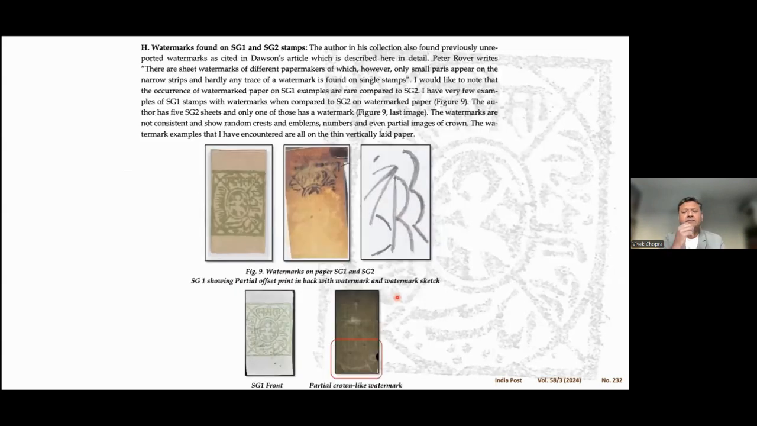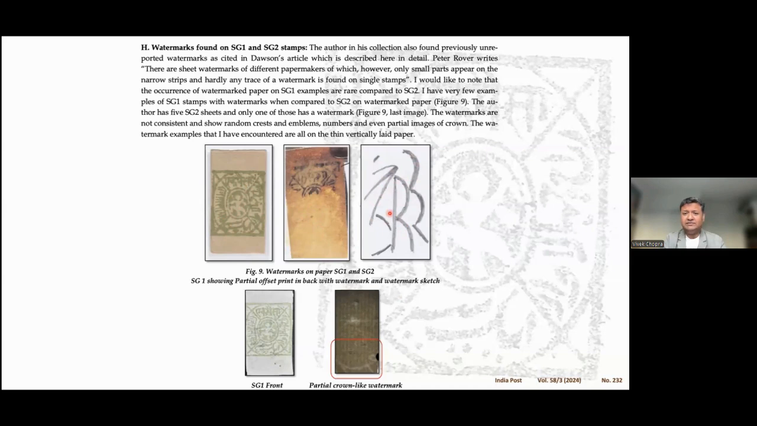Over the years, I've also noted different watermarks present in this paper. You can see here that there is no consistency of the watermarks. Here I've tried to show you this SG1 stamp, which has this watermark, which I made a sketch of here. It's hard to decipher what it is, but it looks like